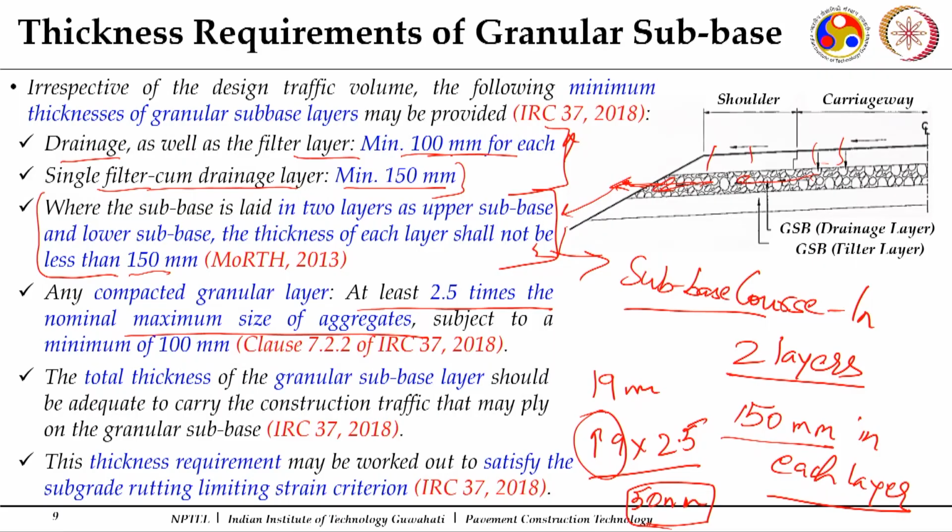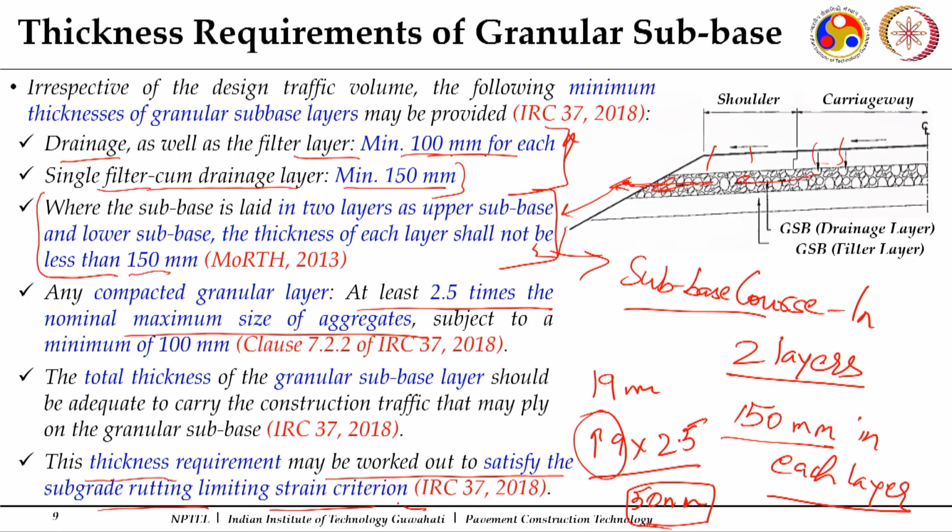So, we need to ensure that the subgrade should be strong enough to take this granular subbase course material, and it should not get over stressed during the laying and compaction of the granular subbase course. So, all these factors need to be taken care of while you are designing your subbase courses. That is why it says this thickness requirement may be worked out to satisfy the subgrade rutting limiting strain